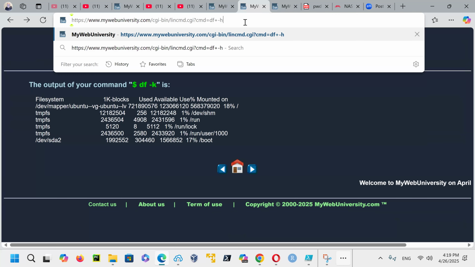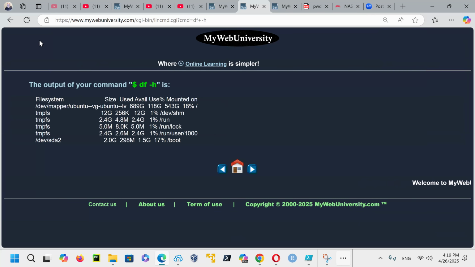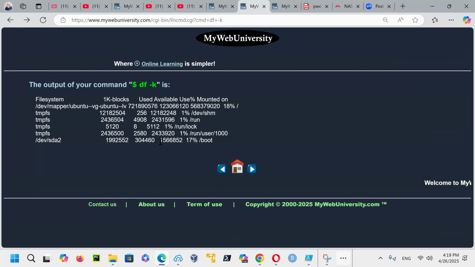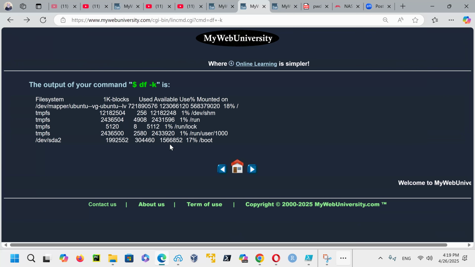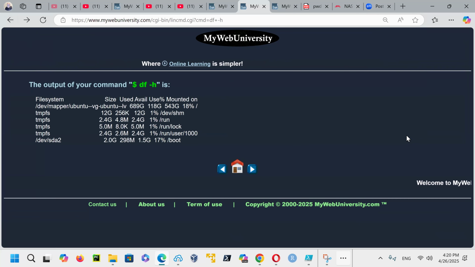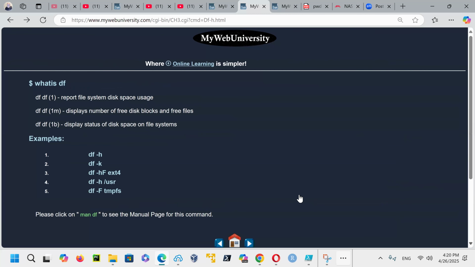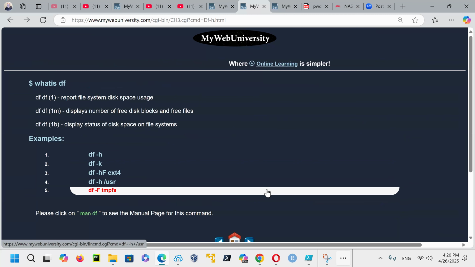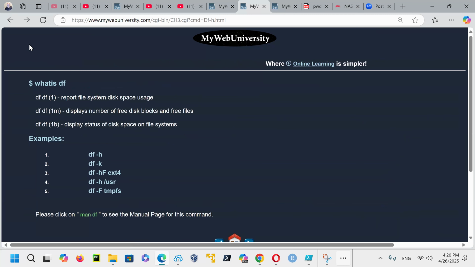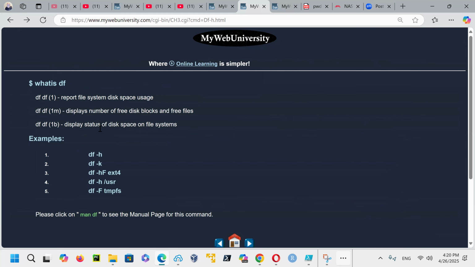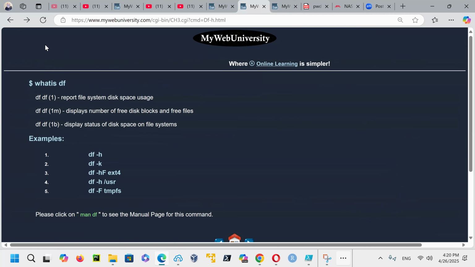So you can see here -h is giving you 1.5 gig, and -k was giving you 1.5 with some strange numbers. Every three digits, a thousand becomes a kilo to meg, and then another thousand becomes a gig. That's how easy it is to convert. And you can use the basic calculator, bc, to do that, and dc, and other stuff. There are a lot of expressions and other commands that you can use on Linux to convert them.